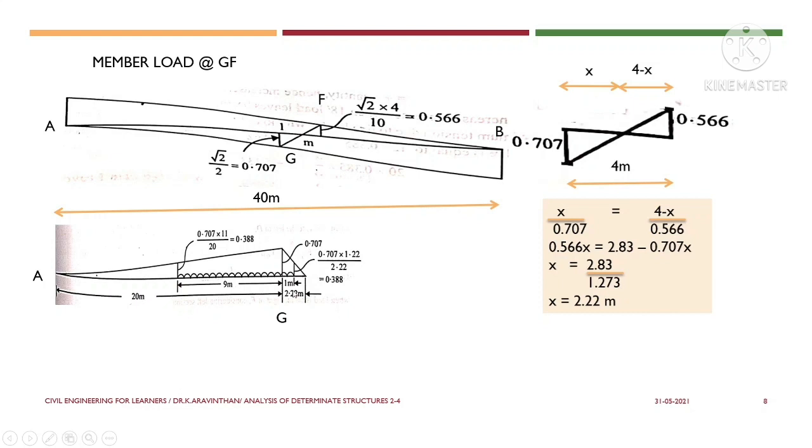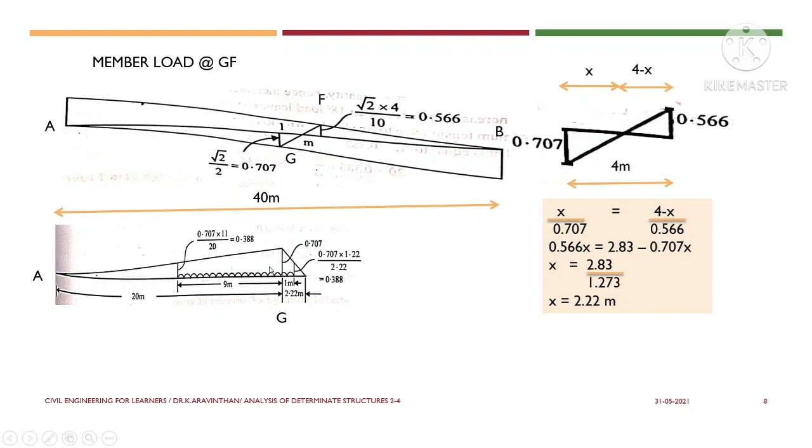Now let us place the load on this influence line in order to find the maximum force. This is the midpoint M. Before this point, when there is a moving load, you will be getting tensile force. After crossing the M point, when it moves to the other part, that is from M to B, it will be taking the compressive load. So this is the pattern. In order to find the maximum force in tension, let us find this member load GF.